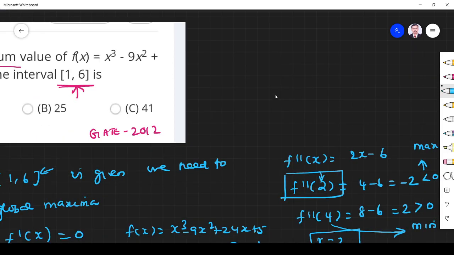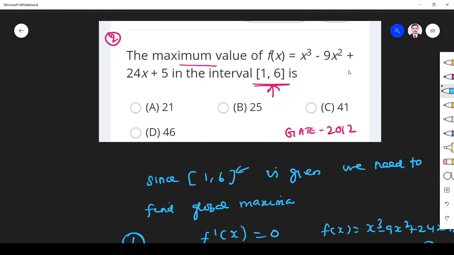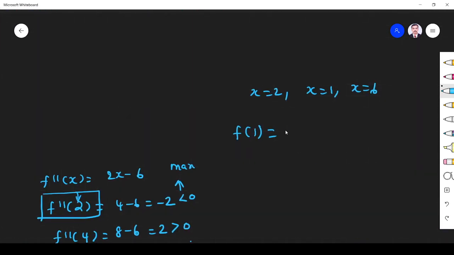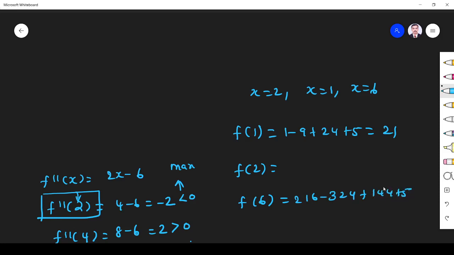So if you substitute x is equal to 1 here, what will happen? 1 minus 9 plus 24 plus 5, that will give 21. Similarly, I substitute x is equal to 2, let us see what we are getting. If x is equal to 6, I substitute. When I substitute x is equal to 6, what I get is 216 minus 324 plus 144 plus 5,